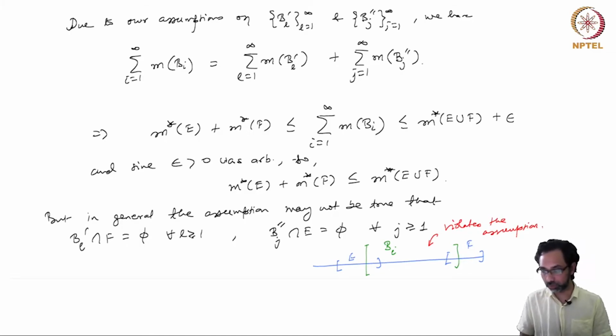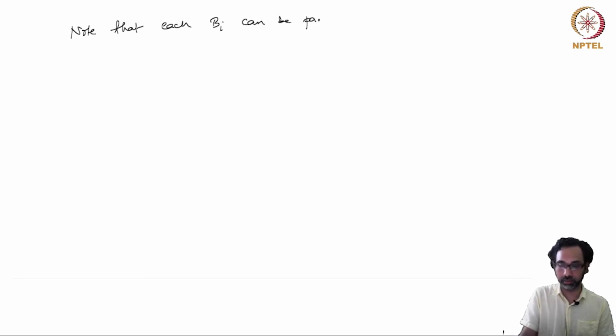So what we have to do is to use the fact that these two sets are separated, and we have to break these big boxes Bi into smaller chunks so that none of the smaller bits intersect both E and F. So note that each Bi can be partitioned into finitely many